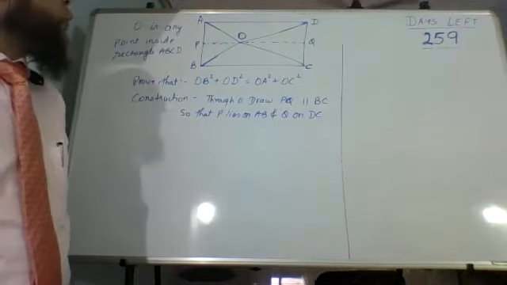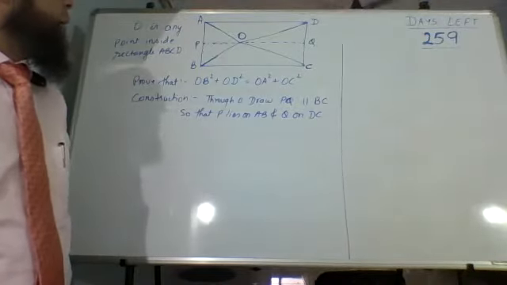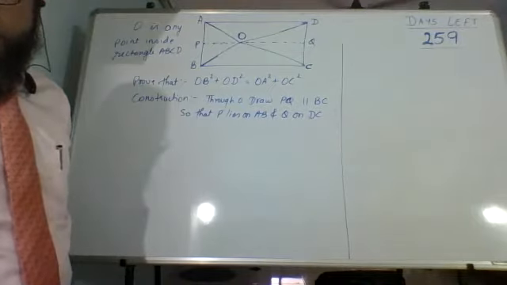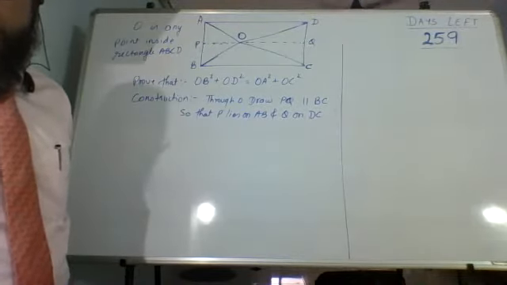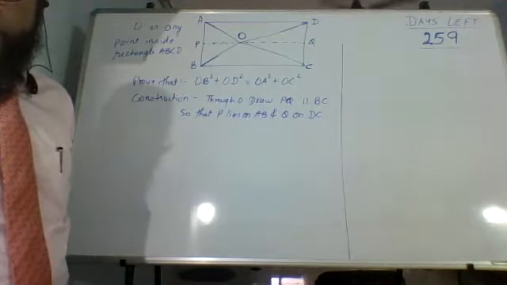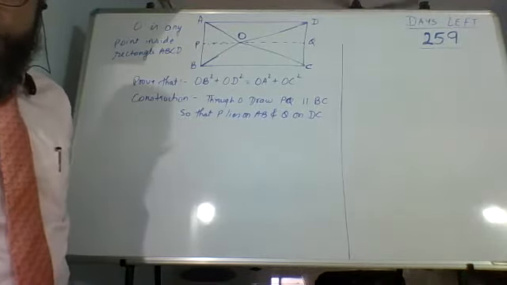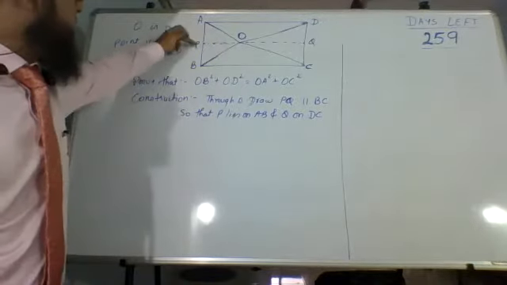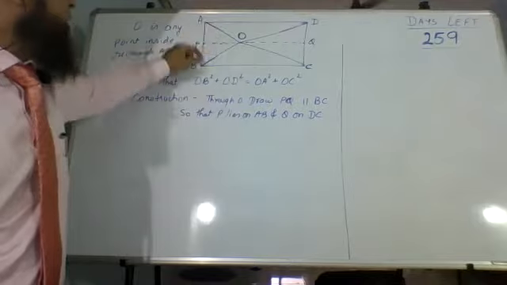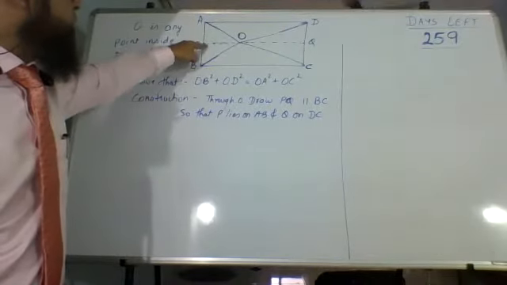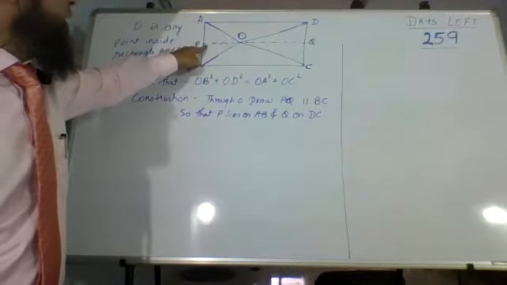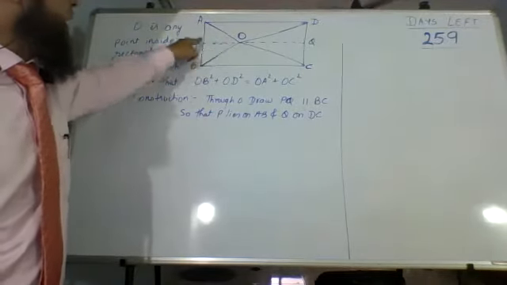Actually, we are going to have two rectangles in this: APQD and BPQC. Both are going to be rectangles only. Okay. And we are going to say in triangle OPB, see, this line PQ is parallel to BC. So whatever is this angle, the same is going to be this angle. So this is also 90 degrees. Now this is 90 degrees. Therefore, this is a right angle triangle.